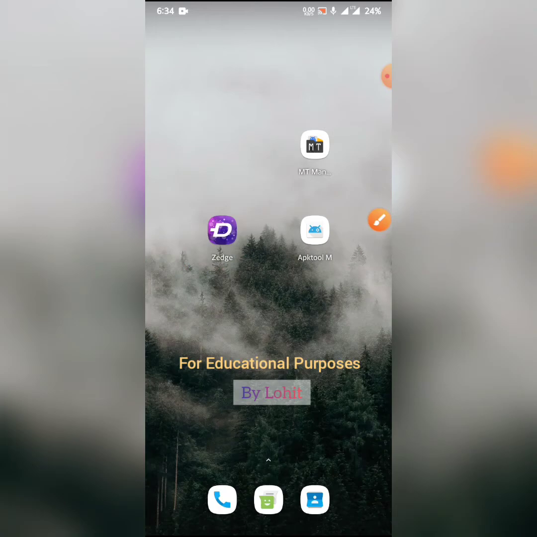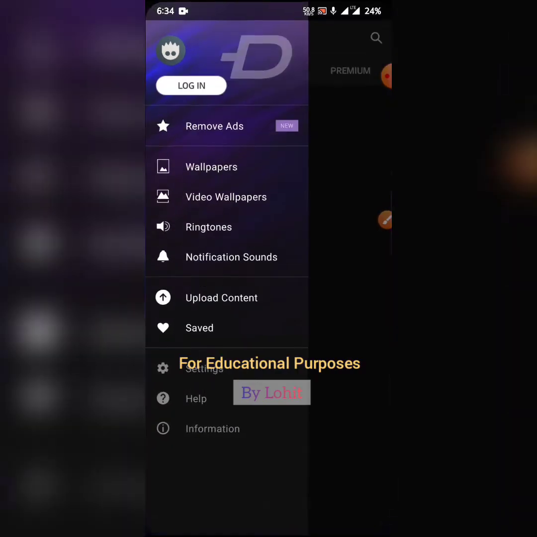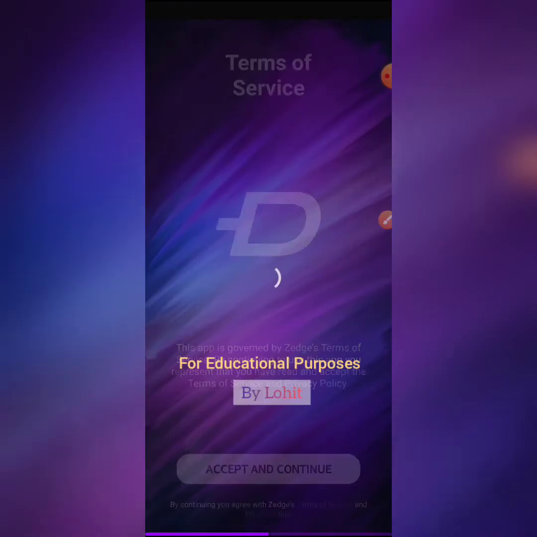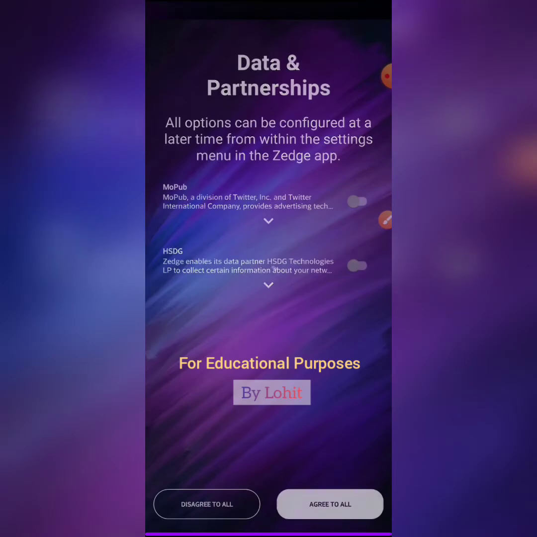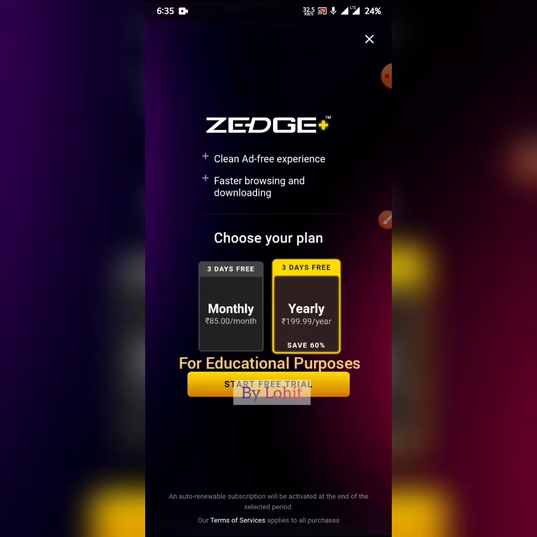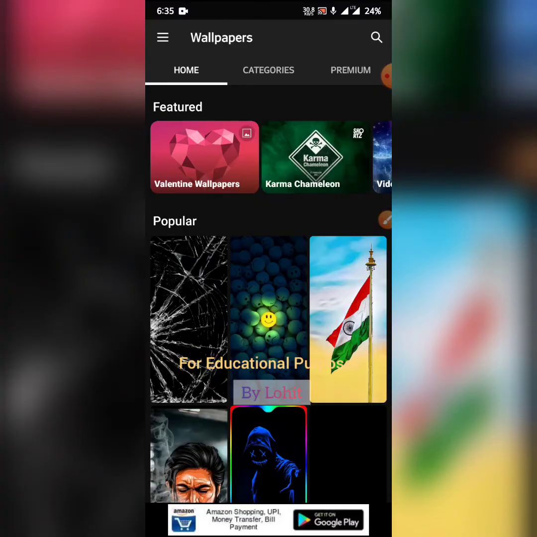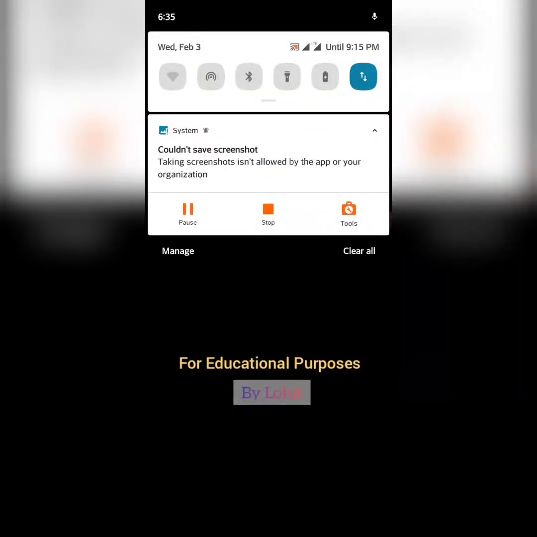editing. First of all, I am going to show you that Judge has screenshot restrictions, and sorry for my bad English, I am not pro in this. So let's get started. This is not a modded APK, so I am taking it only for example. Here we can see when I try to take a screenshot, it gives me an error: could not save screenshot, this is restricted from the app. So we are going to remove this, or we can bypass this. Okay, let's get started.